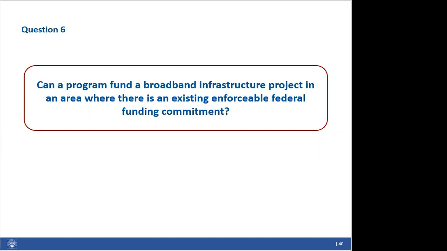Recipients really should ensure that any capital project funding grant funding proposed for use in locations where there is an existing enforceable funding commitment will not be used for costs that will be reimbursed by other federal or state funding streams. Capital Projects Fund grants must be used only for complementary purposes. And again, we encourage everyone to consult guidance around this and email us with any detailed questions around this issue.